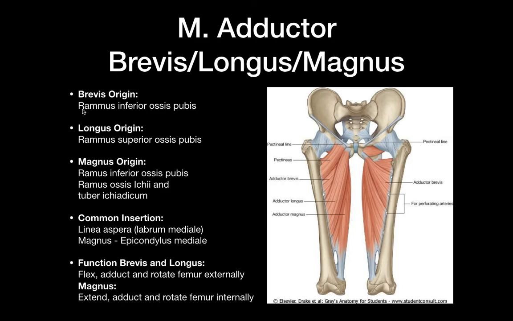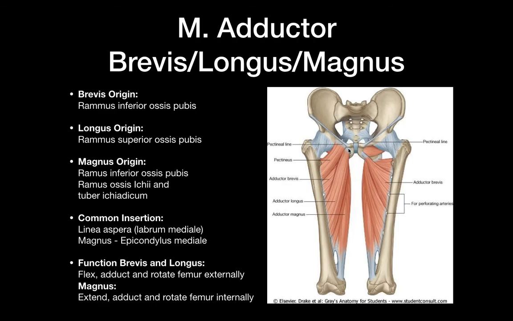This one's going to originate from ramus inferior ossis pubis. It's going to be this one. You can really see it from this picture, or maybe, yeah, here it is. Ramus inferior ossis pubis, and adductor longus is going to originate from ramus superior ossis pubis, which is going to be